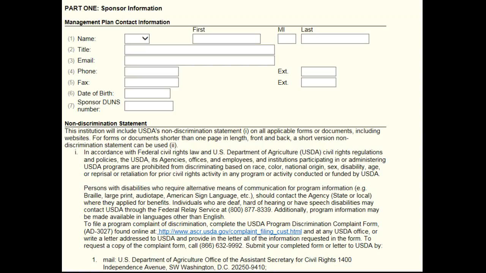ODE-CNP determines administrative capability during the application process and during annual renewals. This is determined through the CACFP management plan, the pre-approval review, and other documentation. The CACFP management plan addresses how an organization is managing responsibilities and how it will meet the requirements of the CACFP. The management plan has 4 sections: sponsor information,